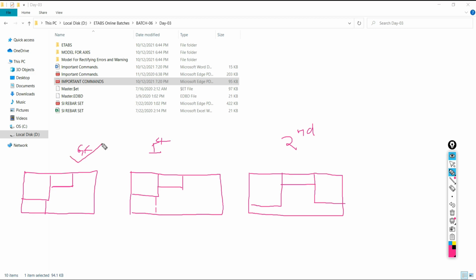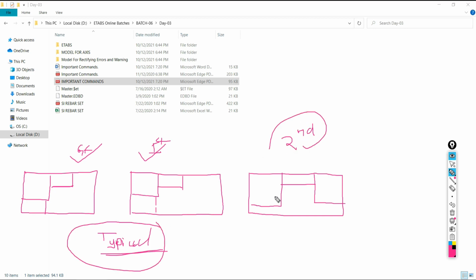So your ground floor and your first floor are a typical floor plan. Is it right? Yes, sir. It is a typical floor plan because the architectural arrangement for these two floors is the same. That's why we call it a typical floor. But the second floor is different. Come to the next, the third floor.